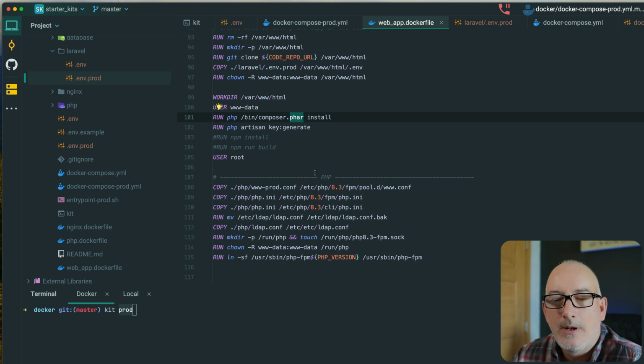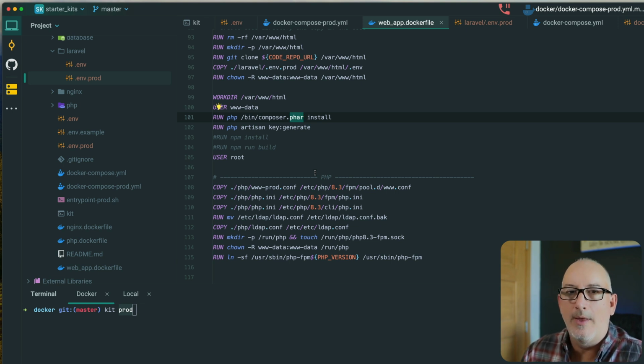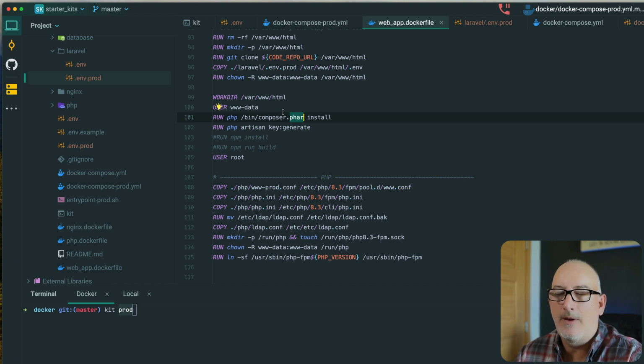One of the things you're going to notice here is I'm not calling PHP artisan migrate. There might be some migrations that need to be run as part of when you deploy that, but I can't have that here in this Dockerfile, because this Dockerfile is the image. Those other containers aren't even running yet. If I try to run PHP artisan migrate, it would just error out because there's not a container currently running that would allow me to